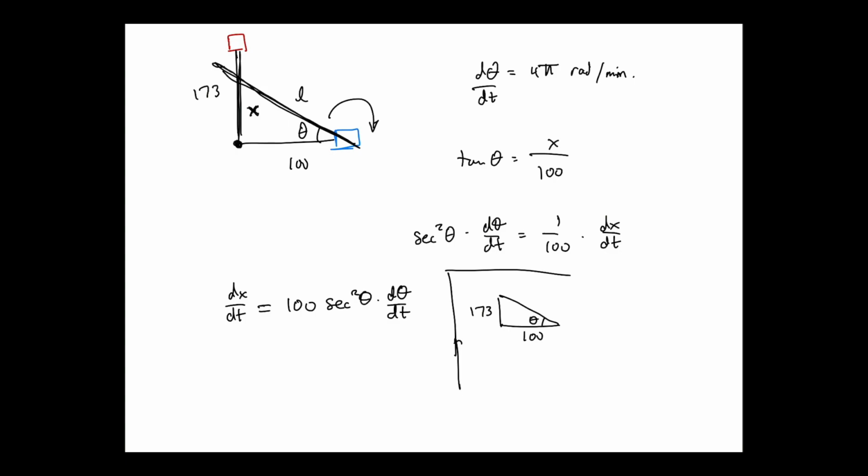Do we need to do that, though? What do we care about? We care about secant squared of that theta. What is secant in terms of the triangle? 1 over cosine, or hypotenuse over adjacent, right? Could I solve for the hypotenuse using the Pythagorean theorem, and then that thing over 100 would give me the